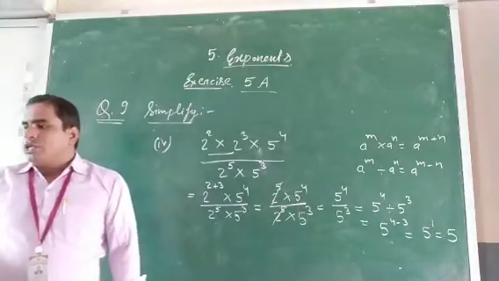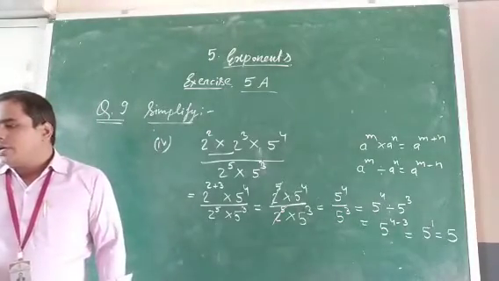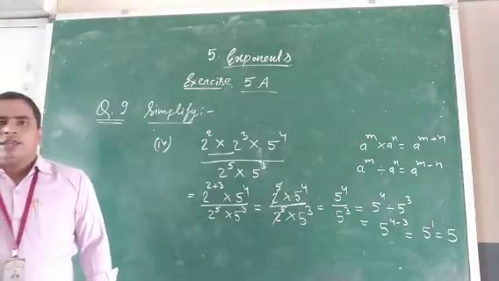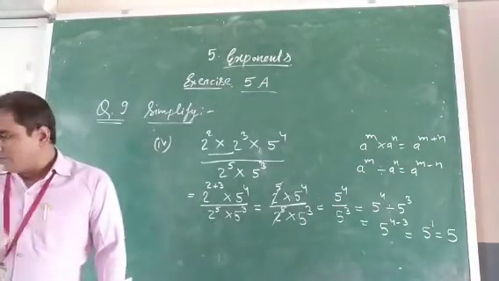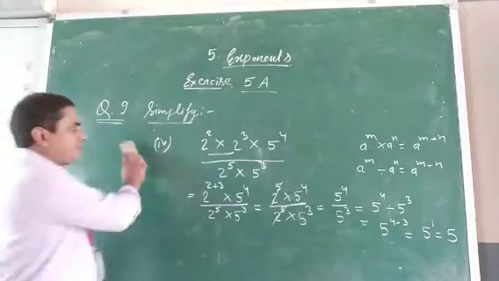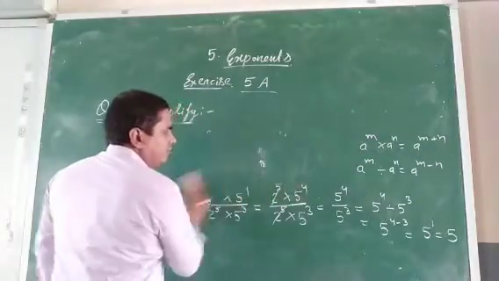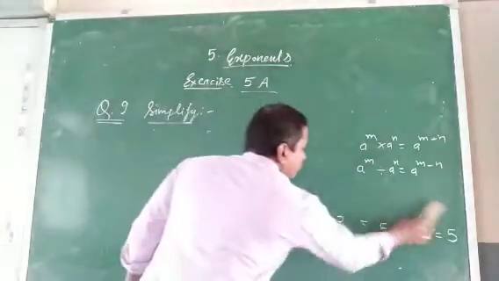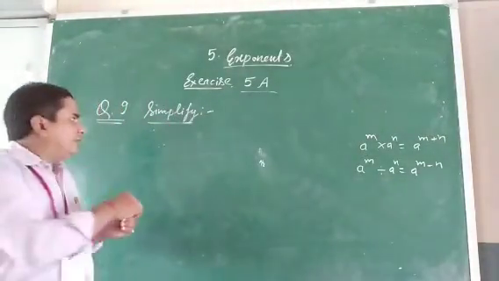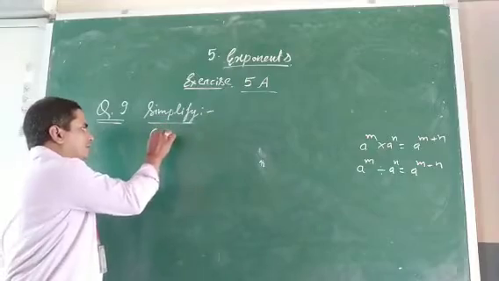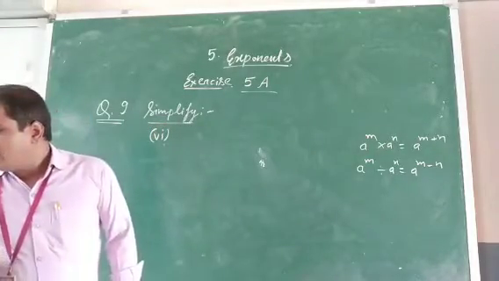Okay students, clear? Some more questions are given. One more question we will solve here: 6, part 1. Okay, 6 part 1 I will solve. See, okay, 6th question. Next. Question number 9, 6th part. See here, what is given?